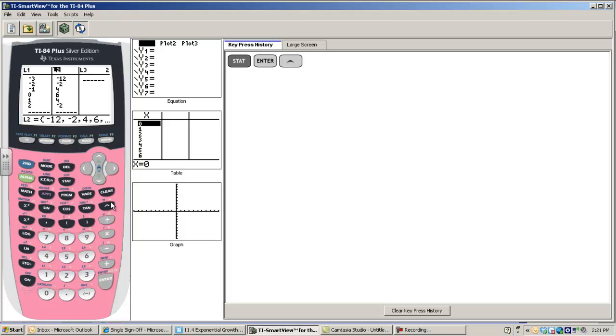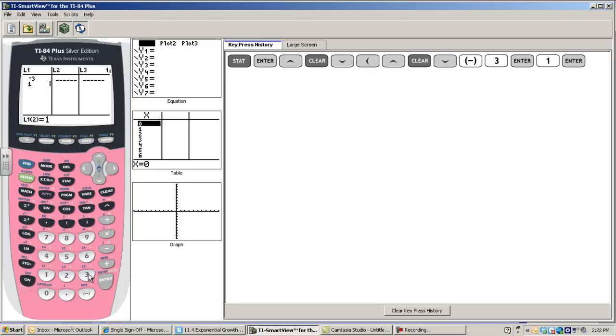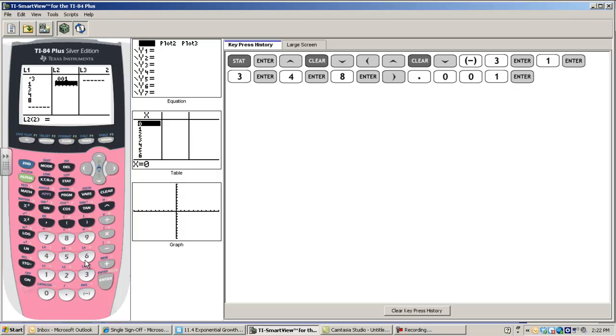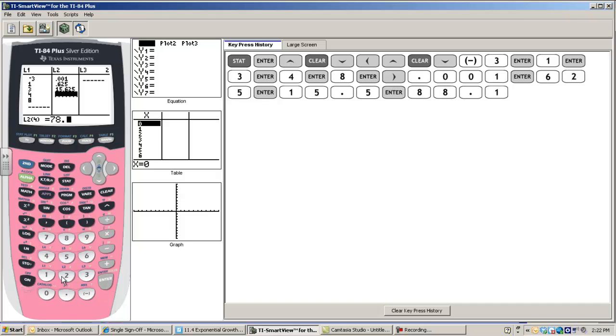I have stuff in my list, so I'm going to clear it out so that I can enter that information from my table. And so the table that they give me, my x values are -3, 1, 3, 4, and 8. And then my y values were 0.001, 0.625, 15.625, 78.5, 0.125. And then a really big number,